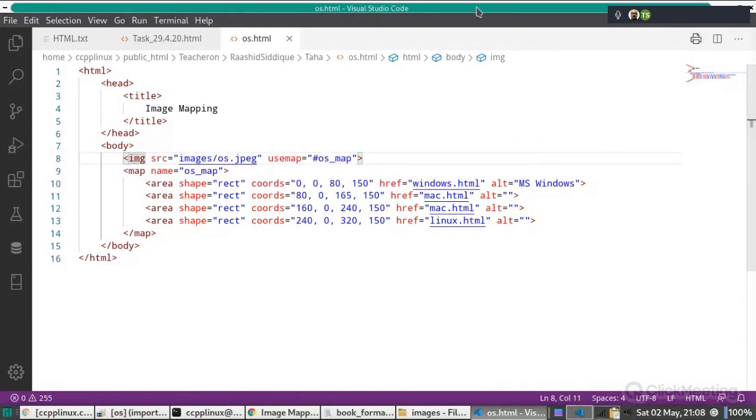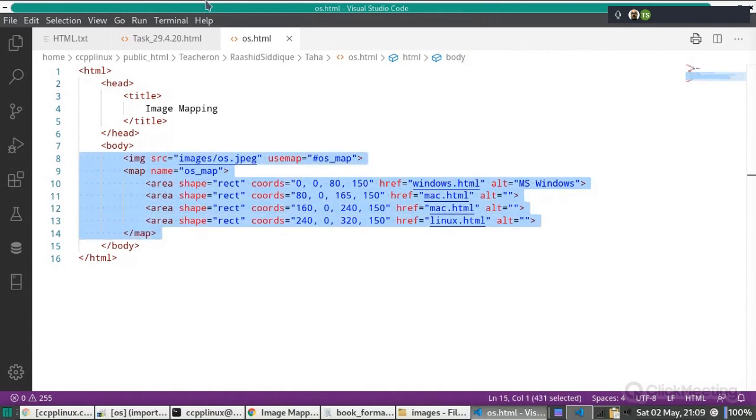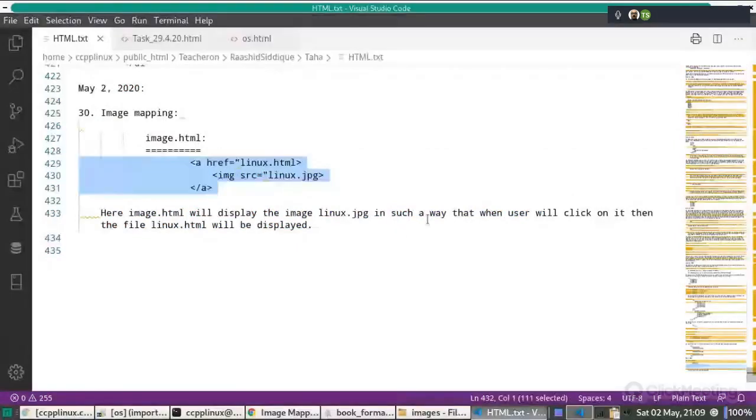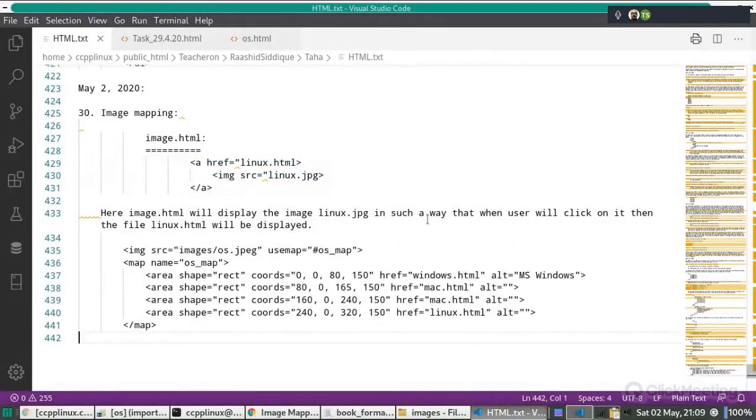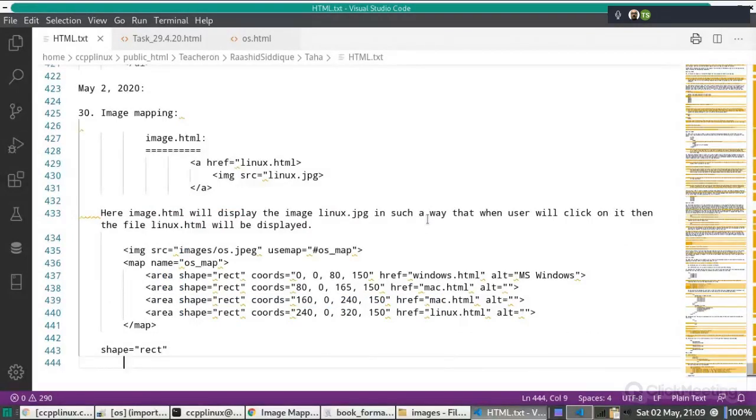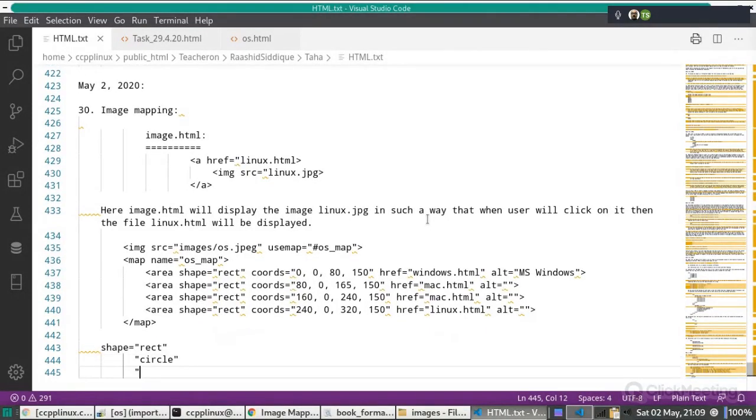Yeah. So this is a simple code. Let us copy it from here and paste it here, just for reference. Now here, this shape can be equal to rect, the first possibility, then circle, the second possibility, and the third one is poly.